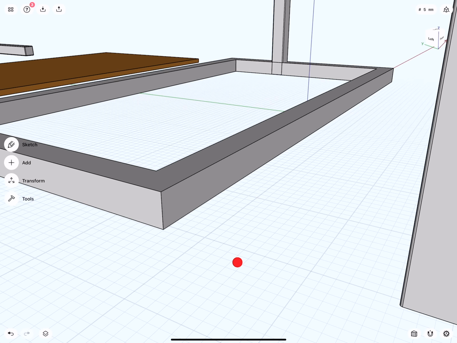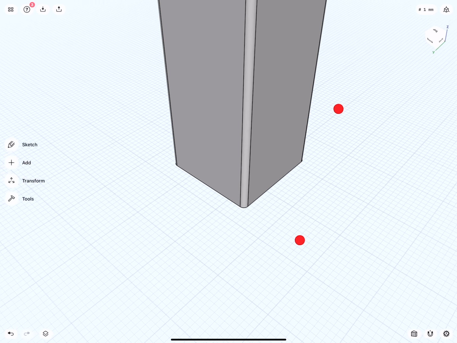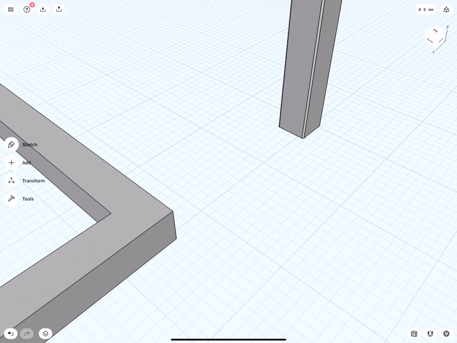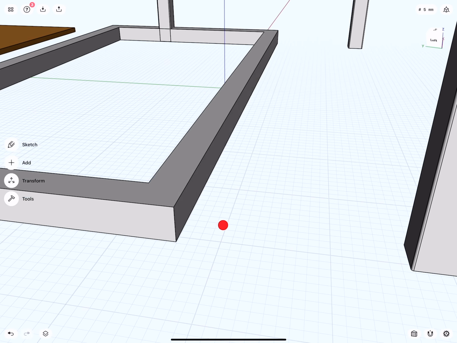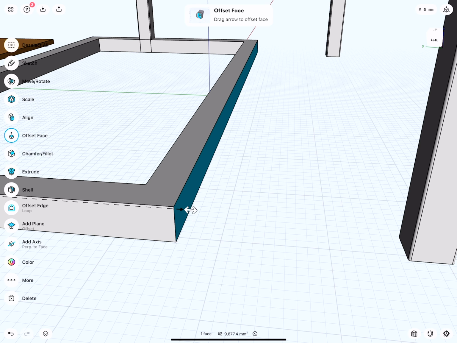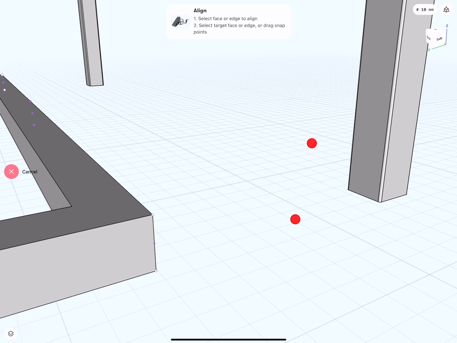The frame is sharp, it has no edges, and our target surface is rounded. So all we can do here is move the frame to an edge on the fillet and then move it by the amount of the fillet. Very good. So we select this face, go to align,